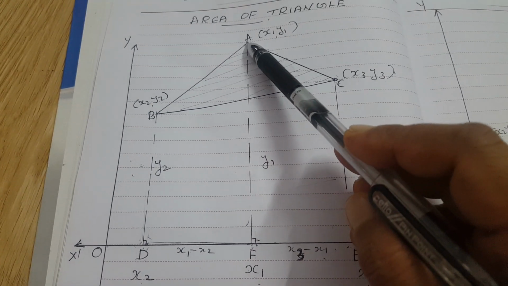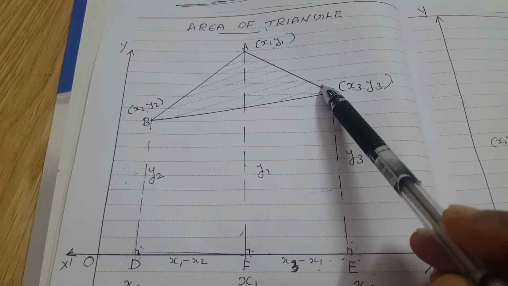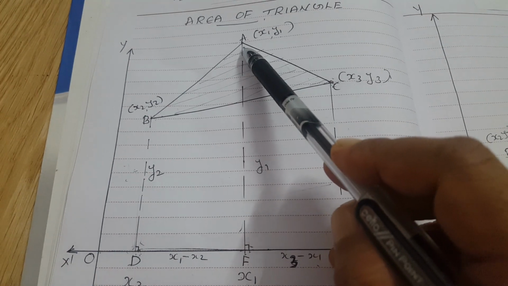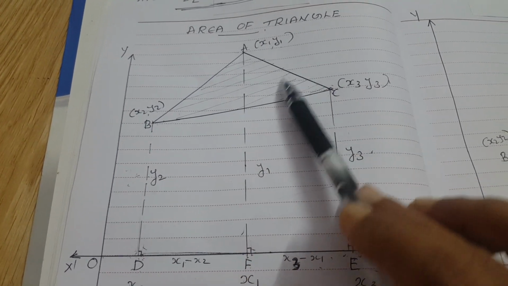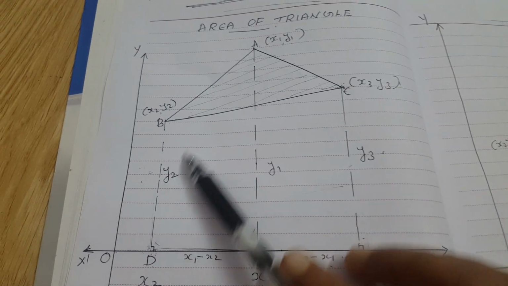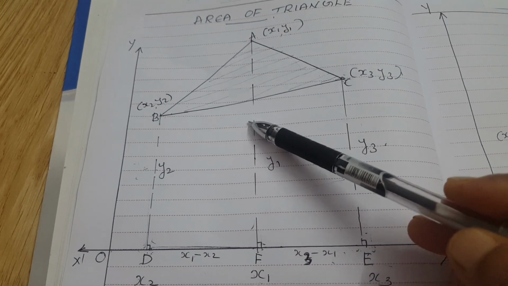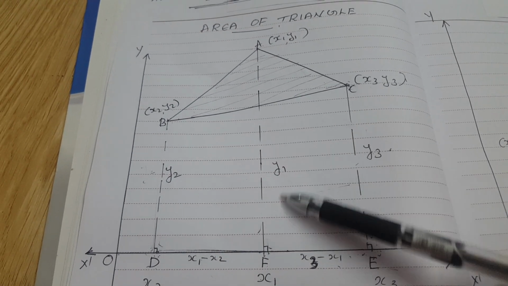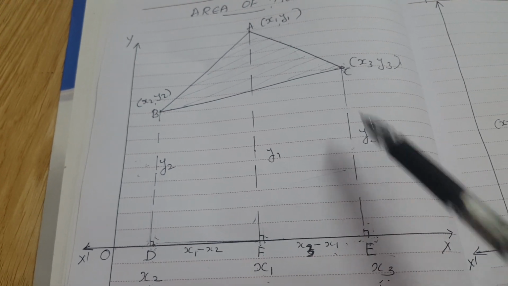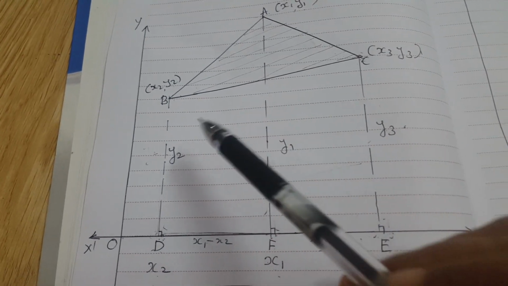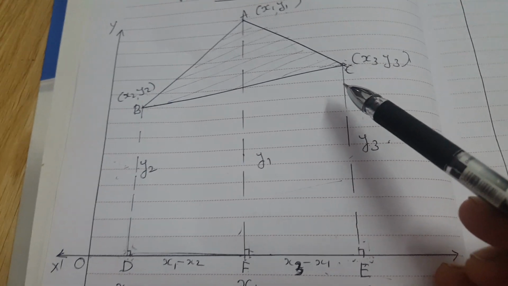And how can we make an equation to find the area of the triangle in a geometrical sense? We can say the area of triangle ABC is equal to the area of this total figure, the area of this polygon or area of this pentagon, minus the area of this trapezium. Which is the trapezium here? BDEC is the trapezium.